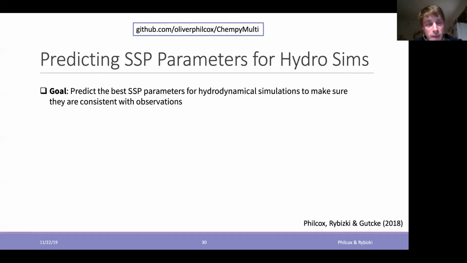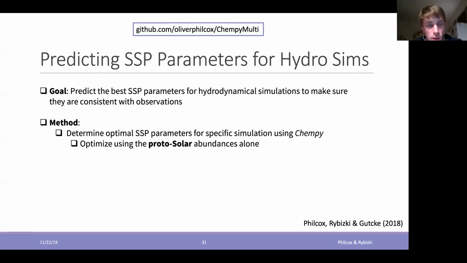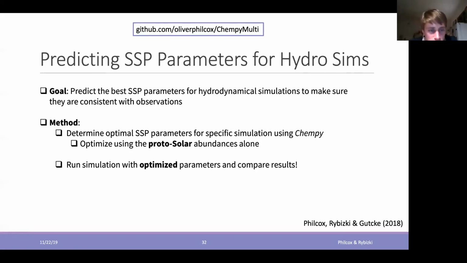So what we did, we plugged the same yield set that Illustris TNG was using into Chempy, and we asked which are the optimal SSP parameters, simple stellar population parameters, in order to reproduce protosolar abundances. So if we run the simulation, it optimized two parameters, the high-mass slope of the IMF and the number of supernova type Ia.